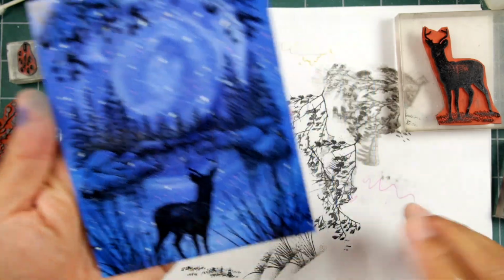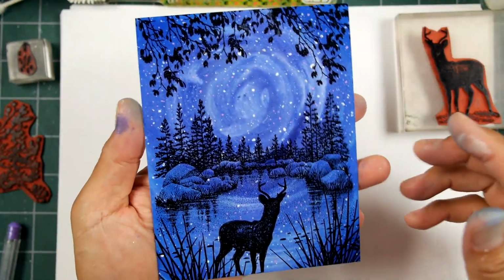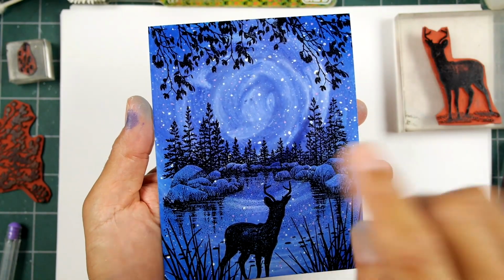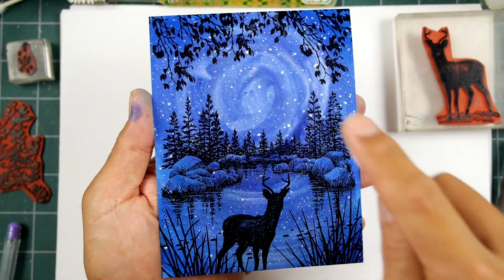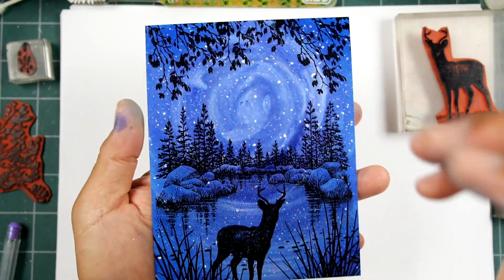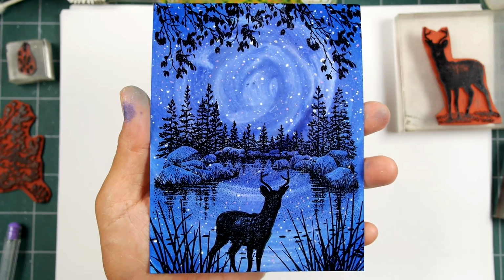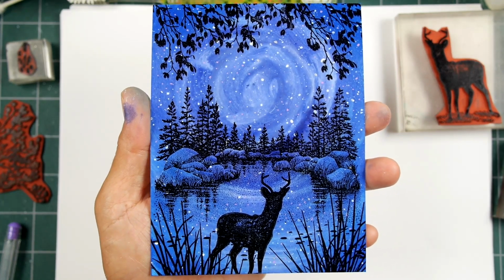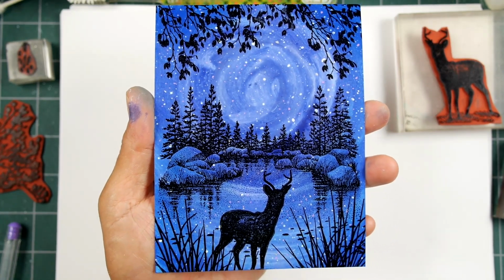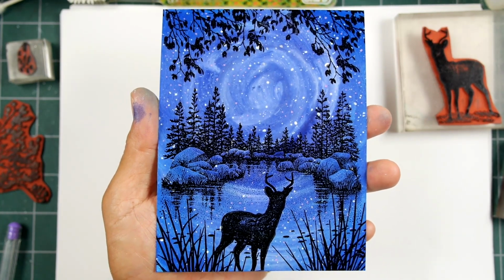Okay, so anyways, there we have it. Pretty quick. I'm going to keep working with those re-inkers and doing my little swatchy things, and we could use a little bit more contrast in there. It would be good to layer in some really vibrant pinks underneath those blues. That would be really fun. But I was trying to keep this at about an 11-minute card or something like that. Not too bad as far as